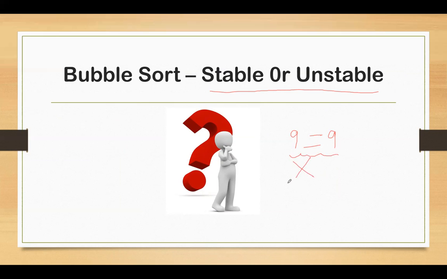In any algorithm, if it has a condition of greater than or equal to, whereas in our bubble sort we had only the greater than condition, then this will result in unstable sorting. Since we got to know that stable sort preserves the relative ordering of duplicate elements, we should always prefer stable sort to unstable sort.